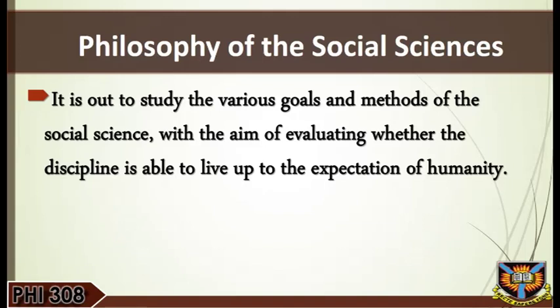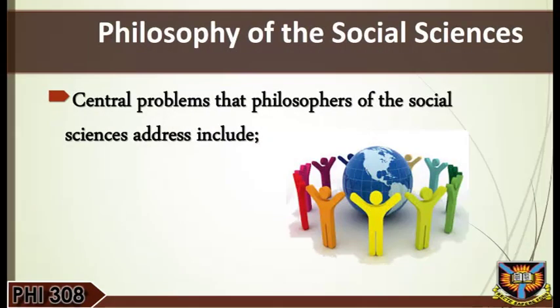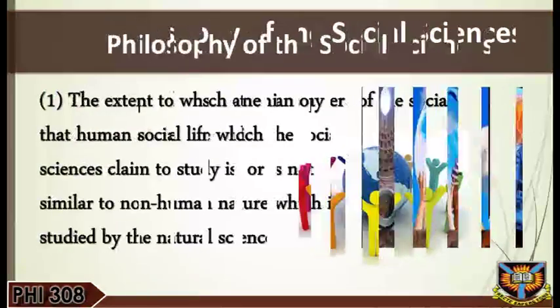For example, this area of philosophy reacts to the question of the appropriate methodology for the social scientific enterprise, which is an age-long problem in philosophy of natural science. As R.S. Rudner says, the philosopher of social science is ranged with the philosopher of science in that both focus their attention on problems of methodology (Rudner, 1966). Some of the central problems that philosophers of the social sciences address include: